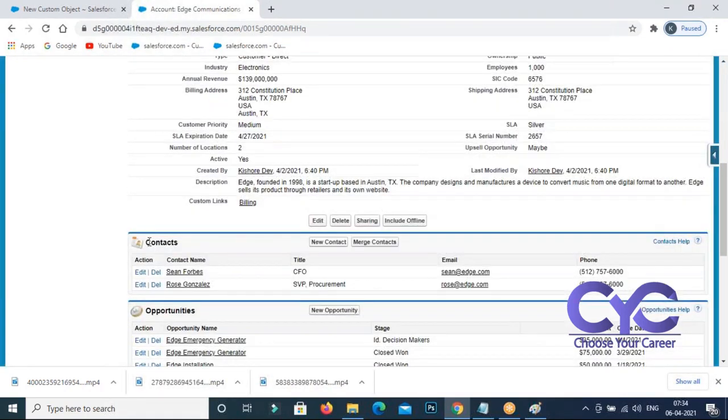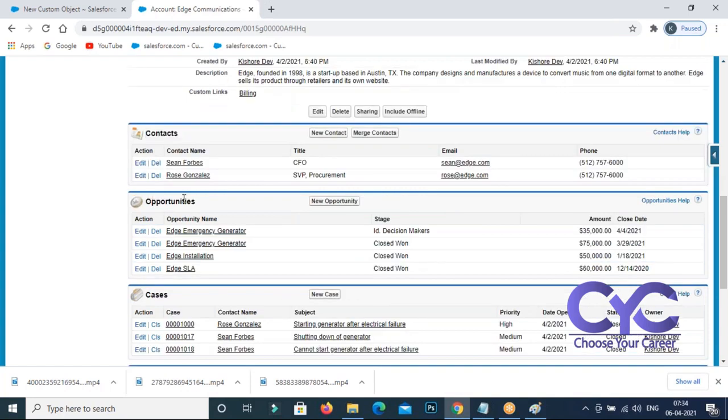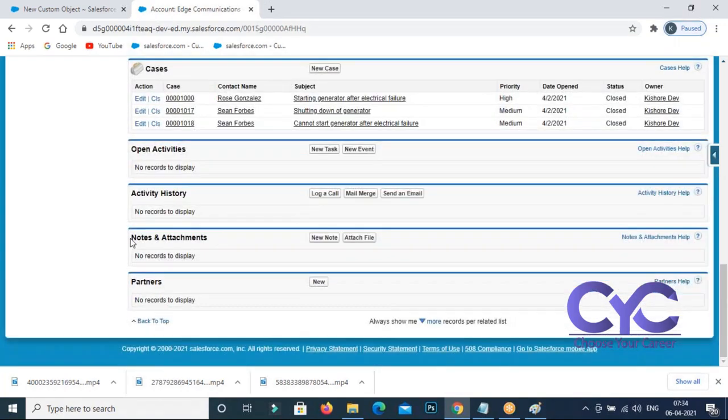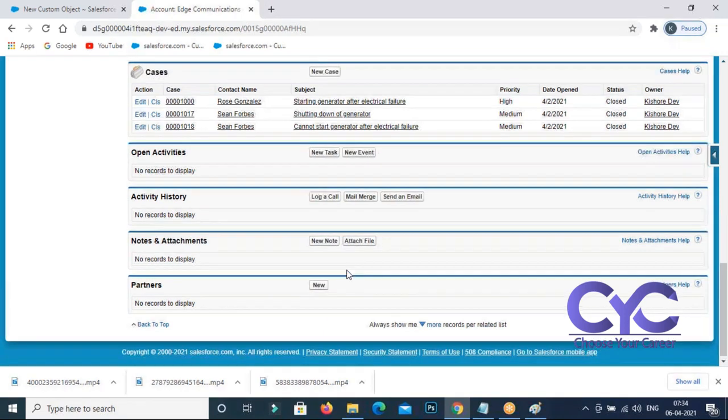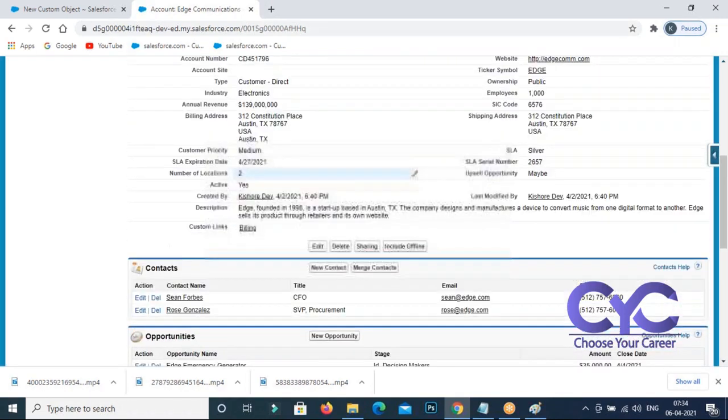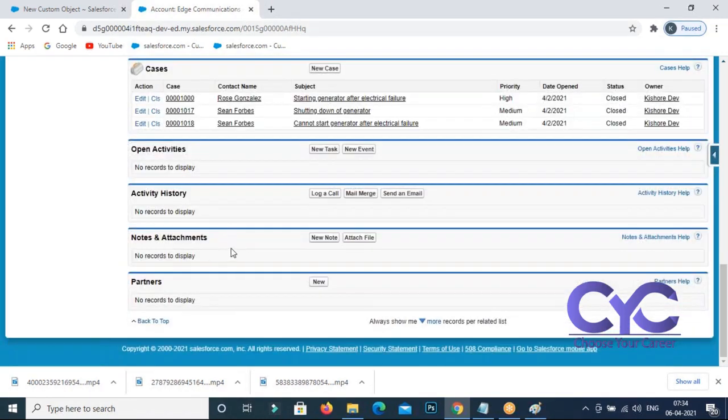For this record, we have the child records also. These are all the children. Now come down. Can you find the notes and attachments, meaning the new note or new attachment file option, to attach any file to this record? You should have the option like this. In our doctor object also, do you want this rectangular box on your object or not? It is asking a question.